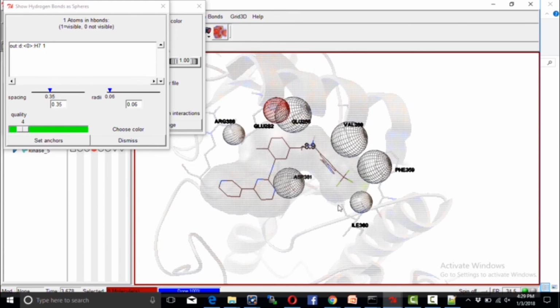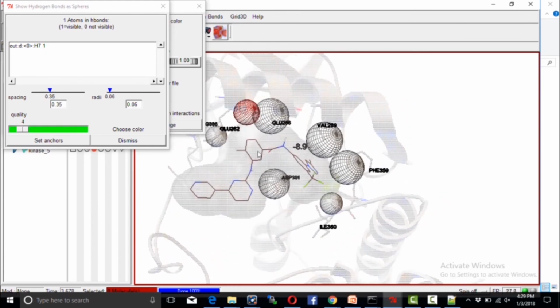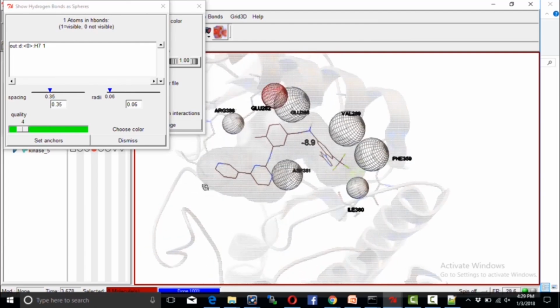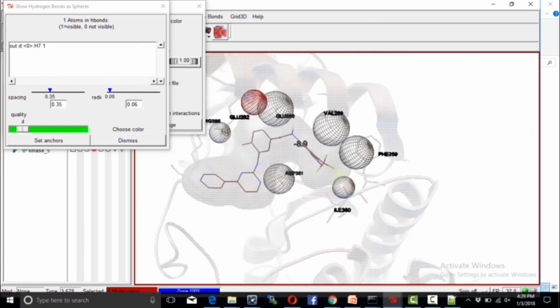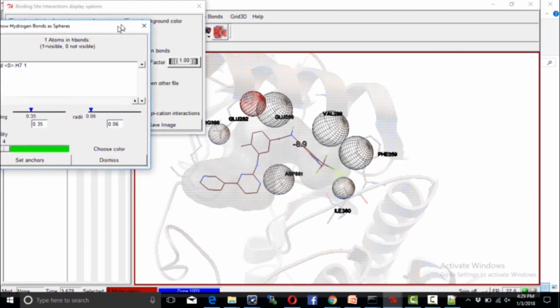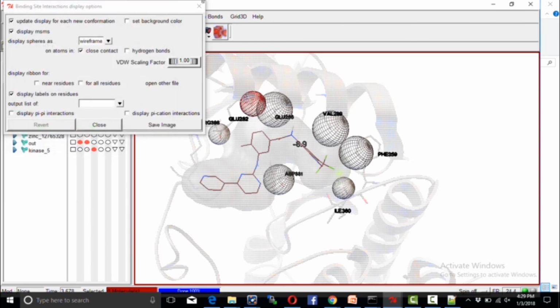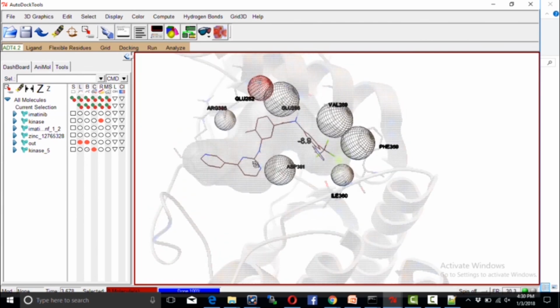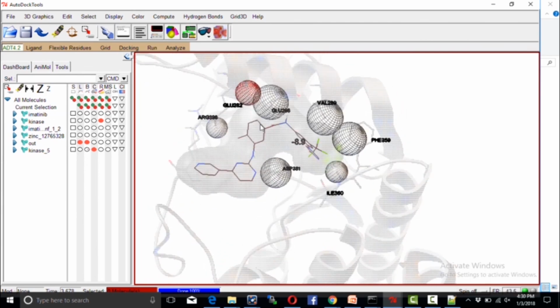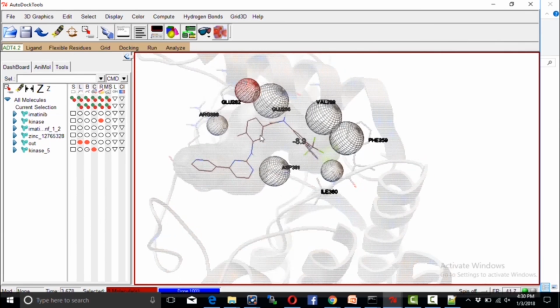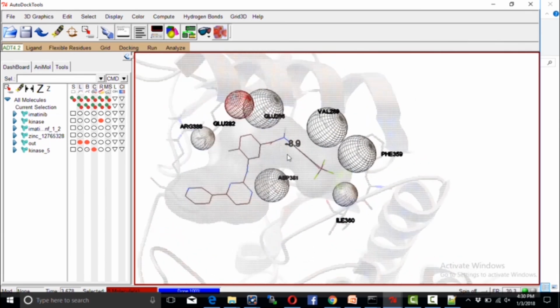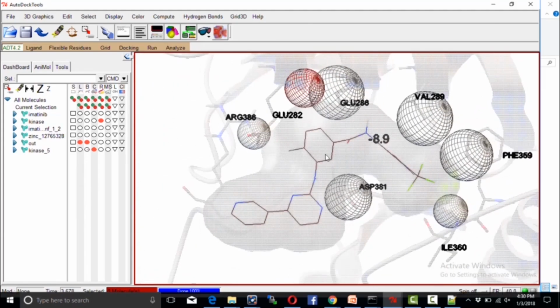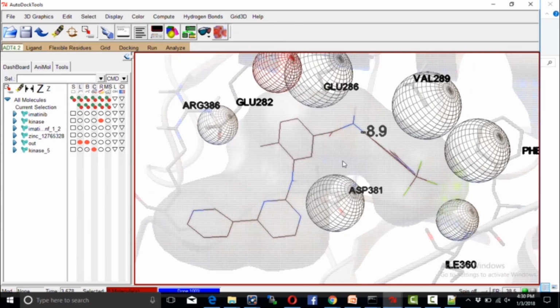These are the different residues which are in the vicinity of the particular ligand. You can analyze the interactions using this by clicking this interaction window. From the different ligands, you have to select which ligand binds with ABL kinase effectively using screening itself. So these are the different types of interaction which will be given from this ligand,